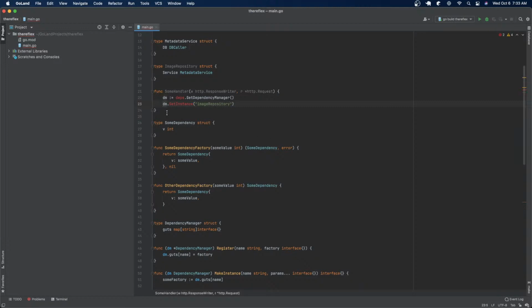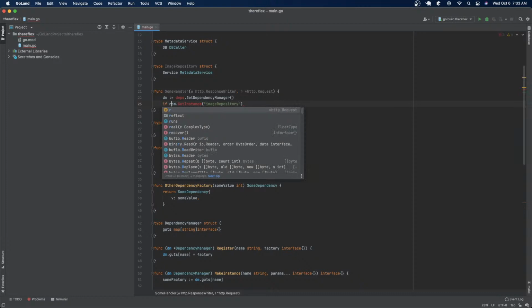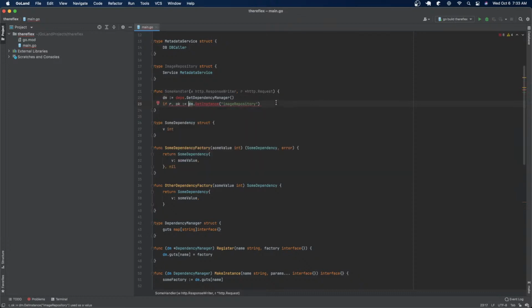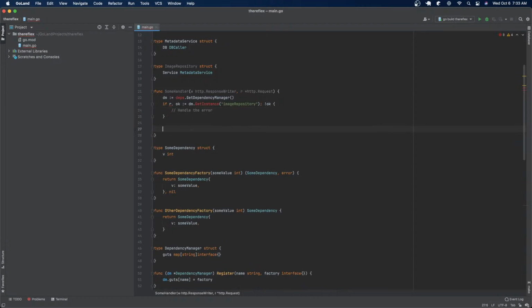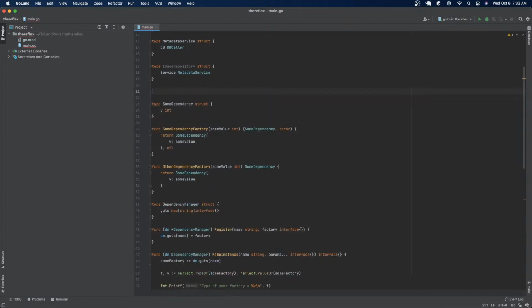Of course, we'd have to handle the error, and so down here we'd be able to say repository get image blah blah blah. All right, so that is my thinking,